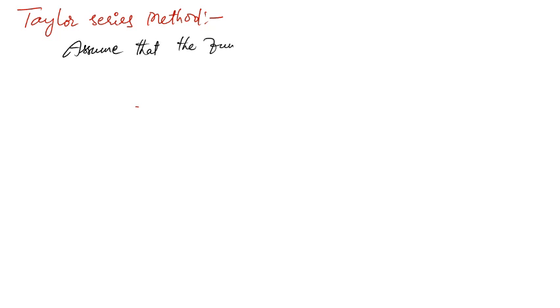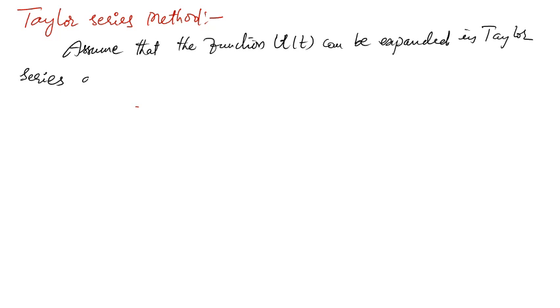Now the first method, the Taylor series method. The first single step method is the Taylor series method. Assume that the function u of t can be expanded in Taylor series. You know what a Taylor series expansion is in real analysis? Taylor series about any point tj, that is